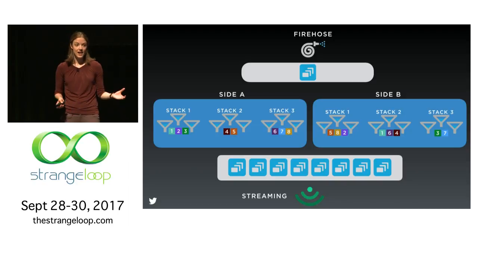But by having 2 sides, we make sure that the customer is being filtered for in real time at least once. And then if one node were to have a problem, then the customer would not be impacted. So our goal here is to limit any kind of customer impact. And then in addition to that, if we do have any kind of operational issue, let's say on side A,